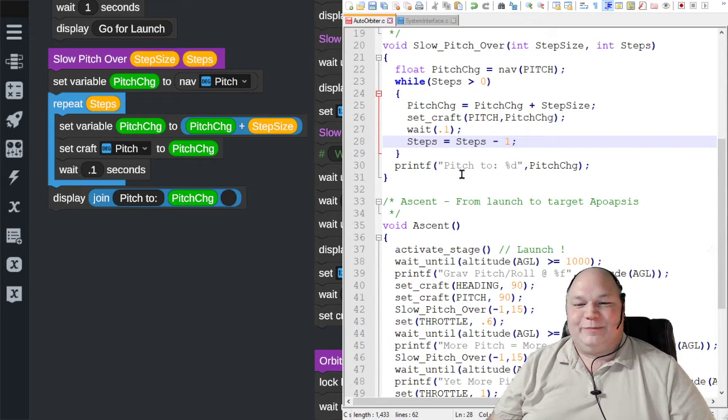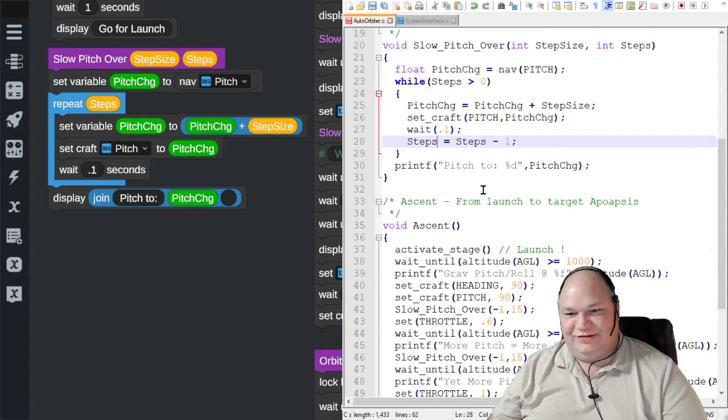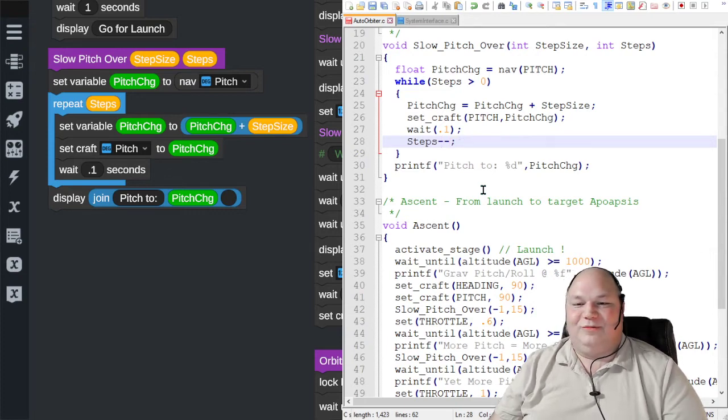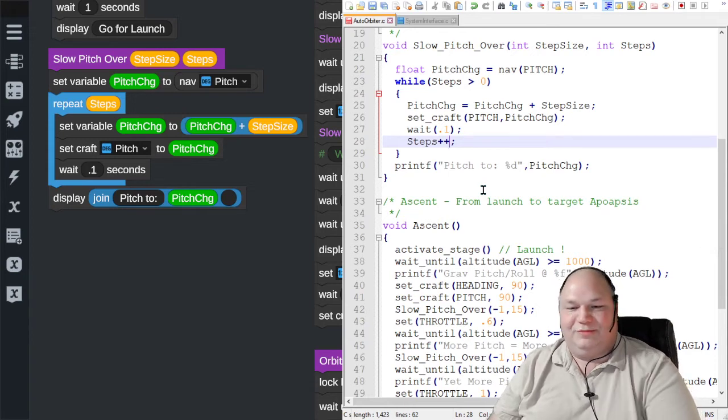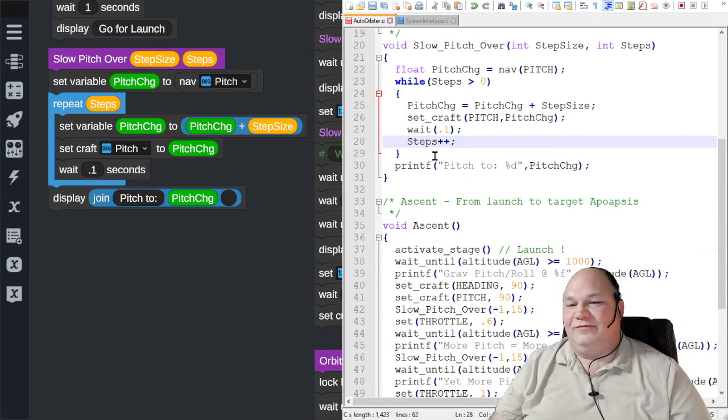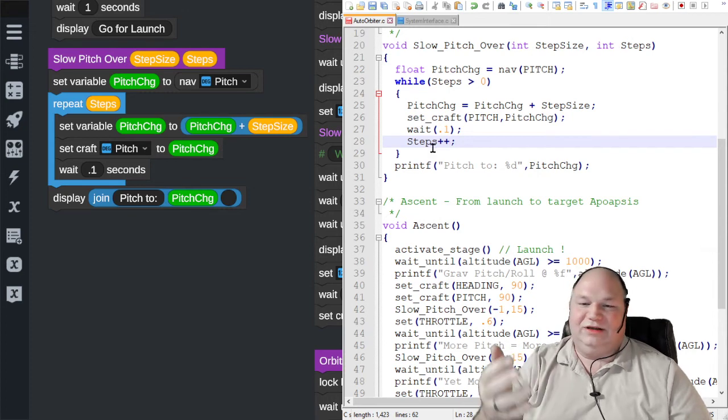So in any case, this kind of verbiage looks a little pained. So they made it a little easier. They said, you don't really need to do that. You can actually just say steps minus minus, and that takes steps and makes steps minus 1. Similarly, you can say steps plus plus, which says take steps and add 1 to it. In this case, if you did plus plus, it would go on not quite forever, because it would start with 15, and then it becomes 16, 17, 18, 19, 20, 21,